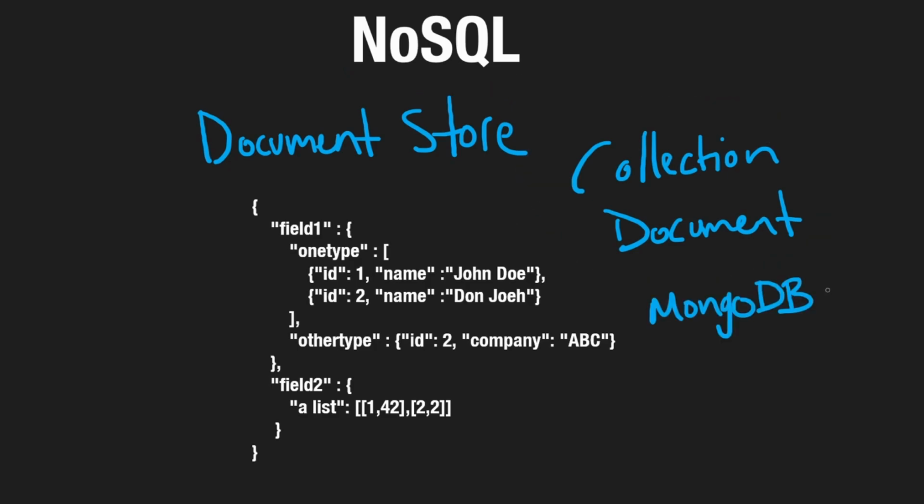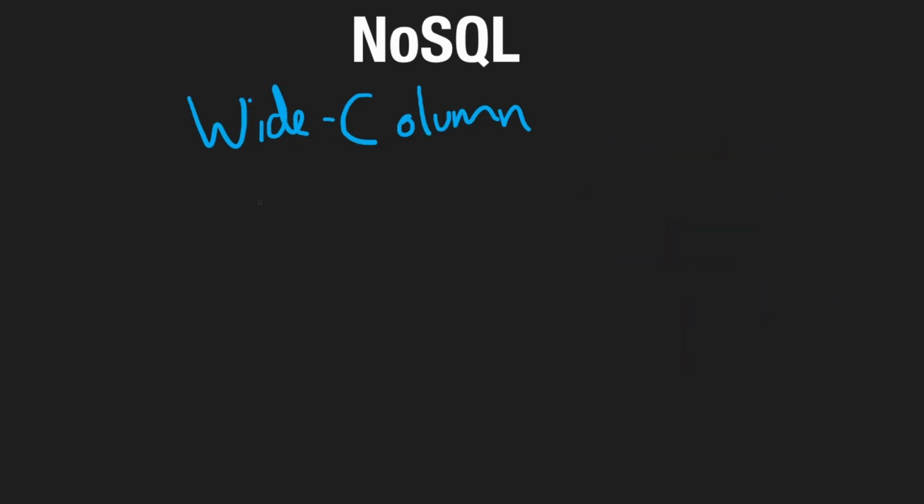The most popular open source document-based database is definitely MongoDB. You've almost certainly heard of it, even if you haven't used it. There's also wide column databases. We won't discuss them super in depth because they can get pretty complicated, but at a high level, these types